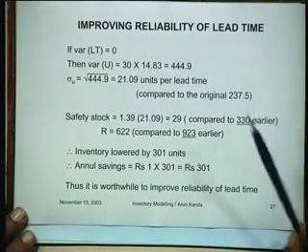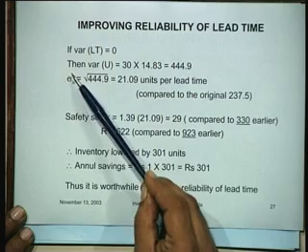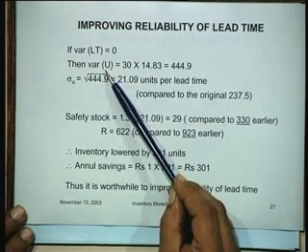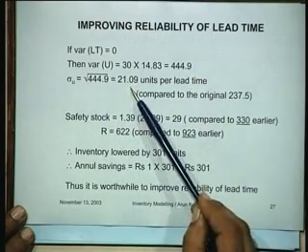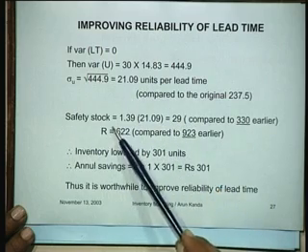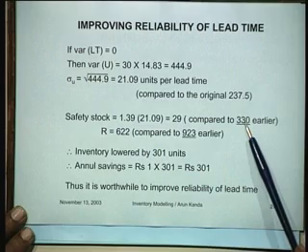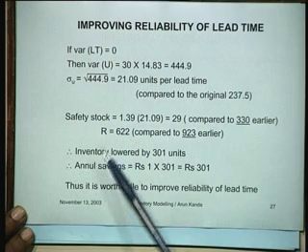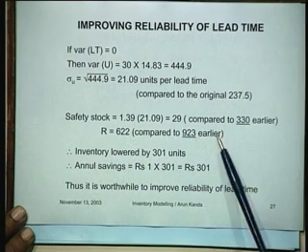We can also use this information to improve the reliability of the lead time. For instance, if the variance of the lead time is 0, then the variance of U, the demand during the lead time, will be 444.9. Sigma U will then be the square root of this. Safety stock works out to 29, as compared to the 330 value that we had earlier. This is because we have reduced the variance of the lead time to 0, and R would be equal to 622, compared to the 923 value earlier.